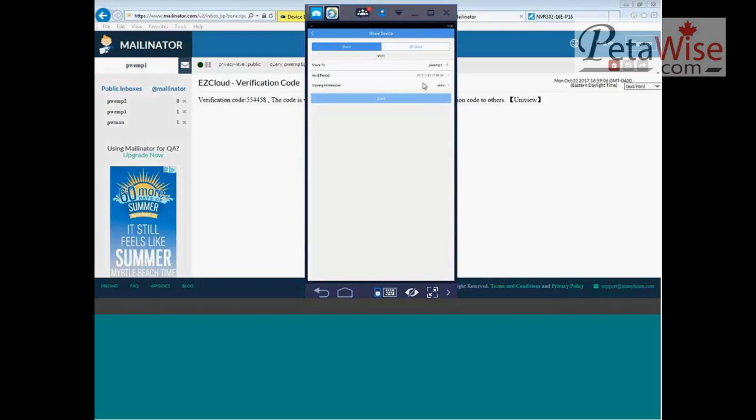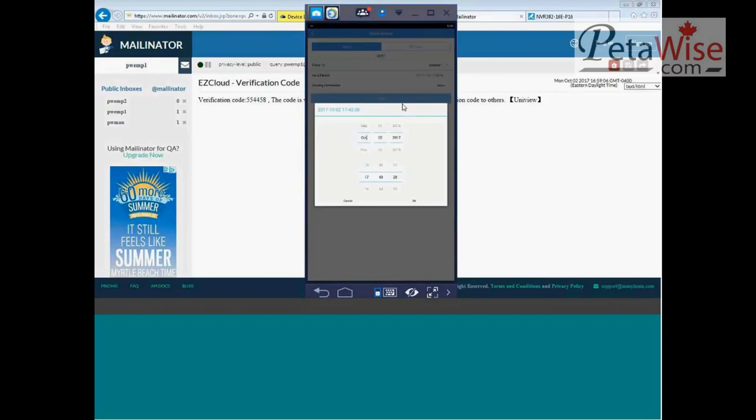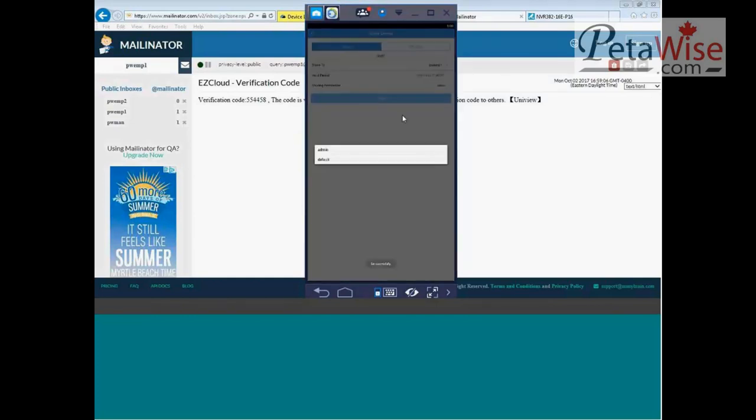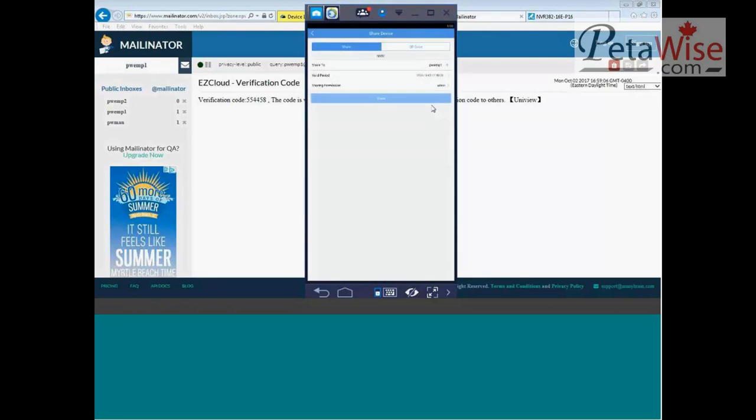PWEMP1. We have our valid period, which is going to be the time that the share expires. So we're going to set that to expire in 2020. Hit OK. And we're not going to worry about sharing permission right now, but we're going to hit share. So we hit share, and we don't see anything here, but